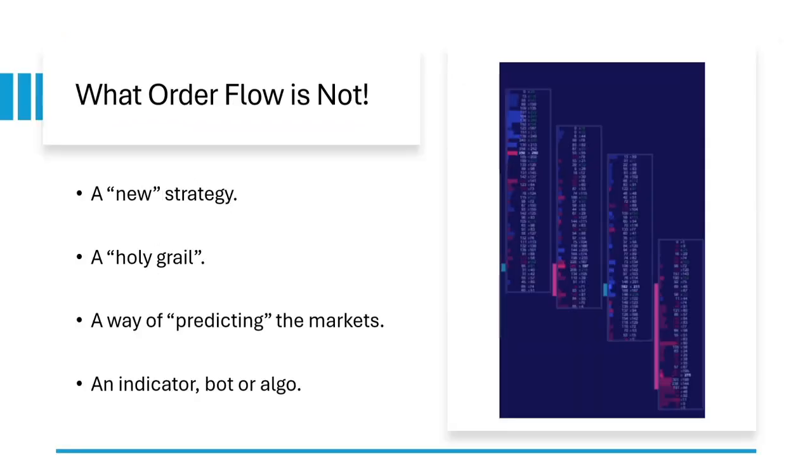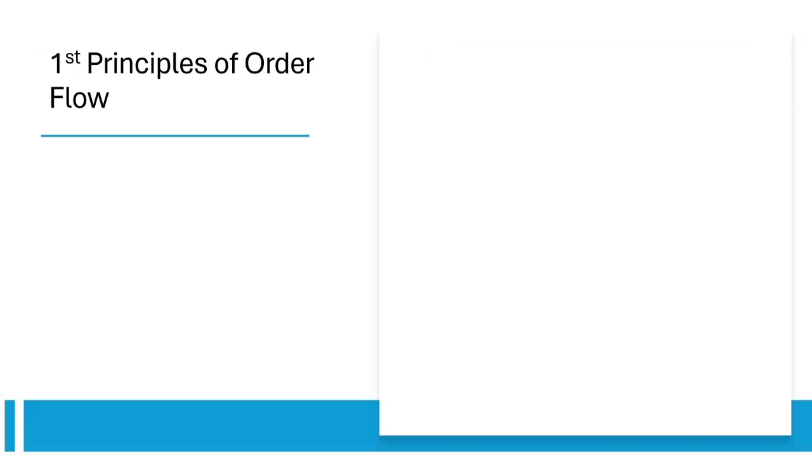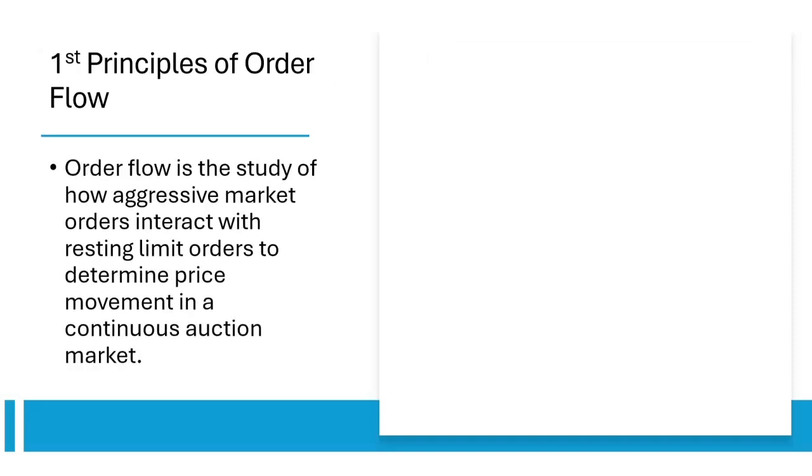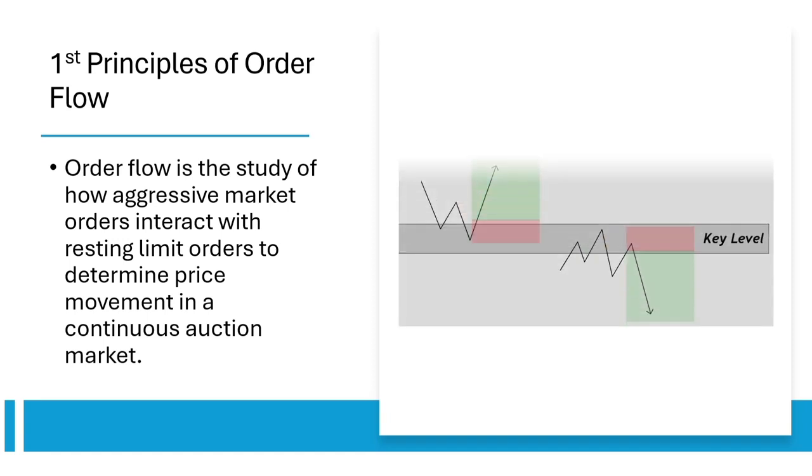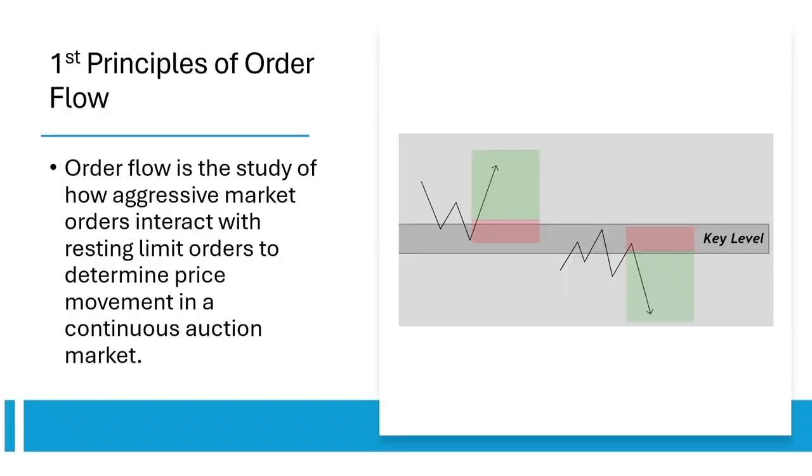So it's not a strategy, it's not a way of predicting the market, it's not an indicator, not an algo, not a bot. But we're just going to go over basic first principles. Order flow is a study of how aggressive orders interact with limit orders. I'm just going to say that again. If the market gives you a key level, so let's say price comes into a key level, you need to know whether that key level is going to be a bullish key level